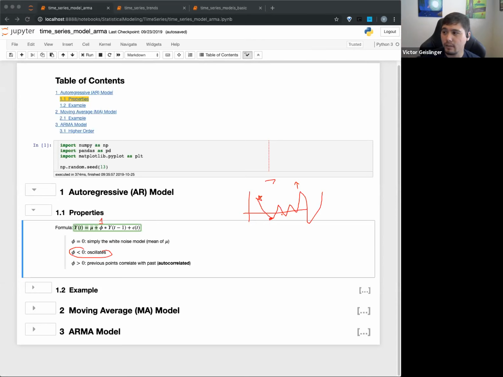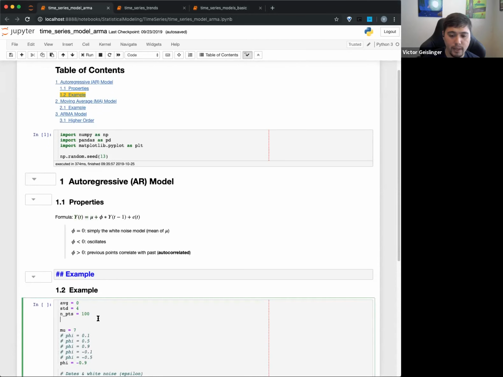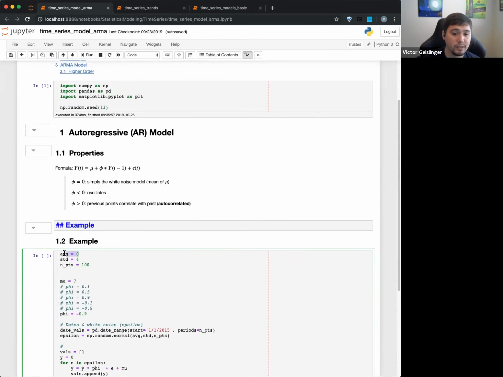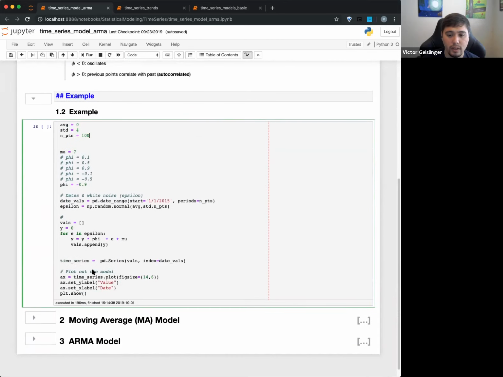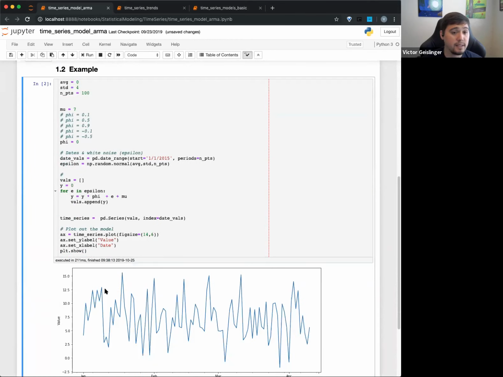Okay, so I think it's more clear when we see a little bit of an example of this. So if I run this, oops, there we go. In this case, I'm just using an average of 0, so it's easier for us to see, a standard deviation of 4, and just 100 points. Okay, and this one I did with a few different phi values. Let's try 0 first, just to make it nice and clear. So you can see here, basically this is our white noise model, right? But if I get something like